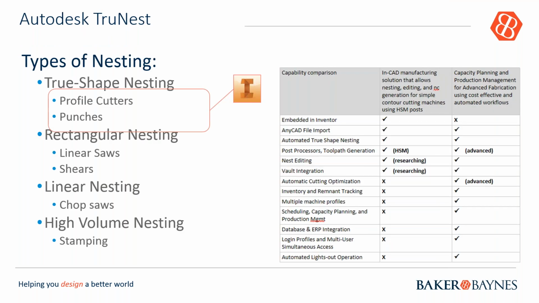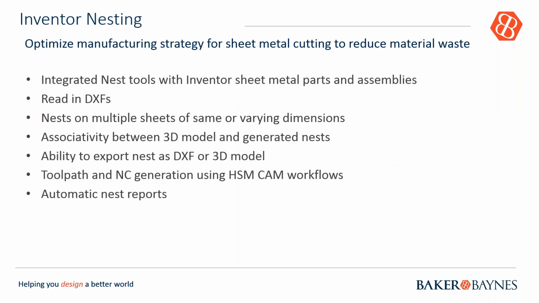If we look at Autodesk TrueNest first, we find the question is, what type of nesting are you doing? Are you planning? So it's a nice indication of how the tool will work for you. Inside of TrueNest, you can see true shape nesting, profile cutters and punching, rectangular nesting, linear saws and shears, linear nesting, chop saws, as well as high volume nesting and stamping. That's all available for TrueNest itself. And if we look at the Inventor nesting side of it, we see that we've got an optimized manufacturing strategy for sheet metal to reduce material waste. And that's what it is